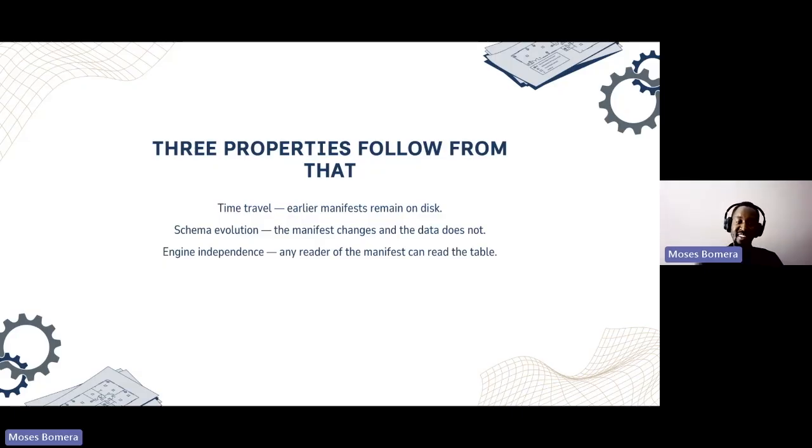The Lakehouse enables you, along with time travel, to go back in time and query that table and see what it was before the 4th column existed. And then you can also query the current state and see the different version with the column existing. Then, like we saw, as long as the query engine can read the manifest, then any engine really can read this data. So these are the things that Lakehouse gives you.